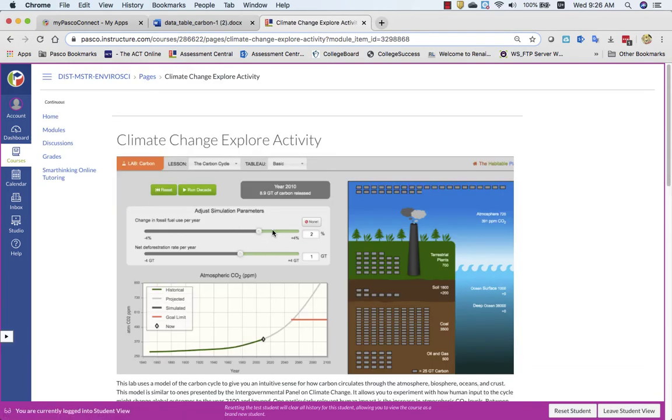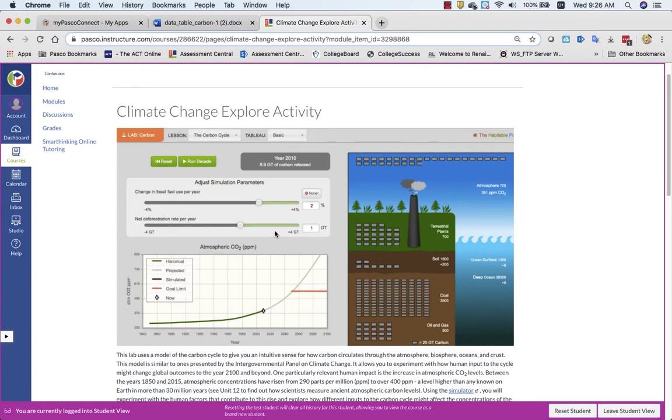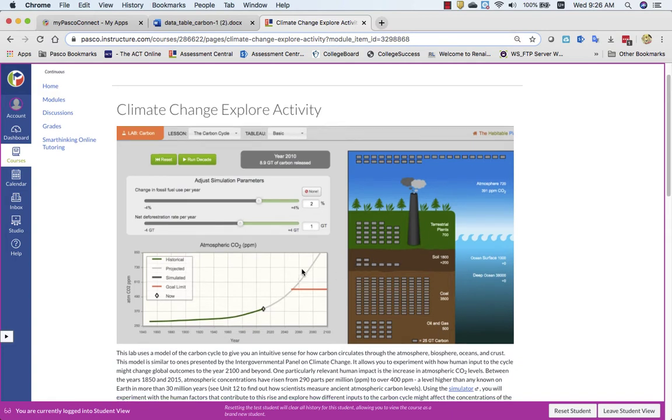This is just a screenshot of the virtual lab that you will actually participate in. There are 3 parts to this lab, and essentially the lab is going to ask us to change different parameters and see the impacts on the amount of carbon being stored in different reservoirs on our planet. We know from the carbon cycle that carbon moves around our planet as we use it and as nature uses it. It can be stored in different places and used in different ways. So we're going to look at how that storage changes